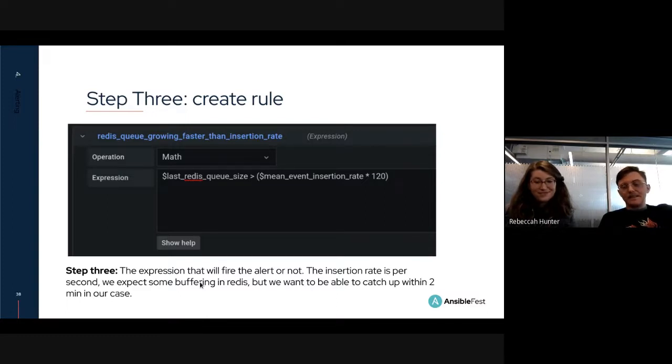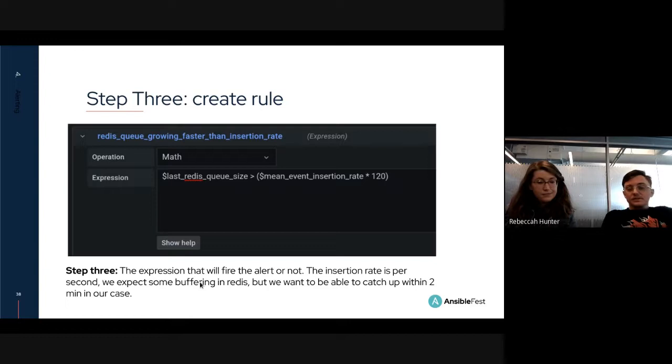So we want to get everything into events because we're comparing events. So we just say mean event insertion rate times 120 seconds. So we're saying 2 minutes. This is the quantity of events that we could process in 2 minutes. When that is less than the current queue size, we want the alert to fire.